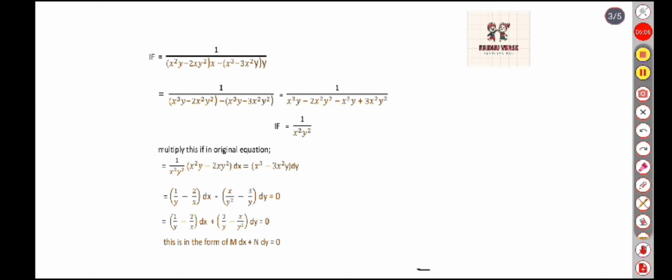Now further we are simplifying it. For further simplification, what we are doing, we are taking this 3 by y in front. So here this minus we are taking outside, so it will be plus 3 by y square dy equal to 0. Now it is again in the form of m dx plus n dy. If you check here, x and y both function terms, here also x and y both, so this is a function of x and y, both m and n. It is in the form of m dx plus n dy.